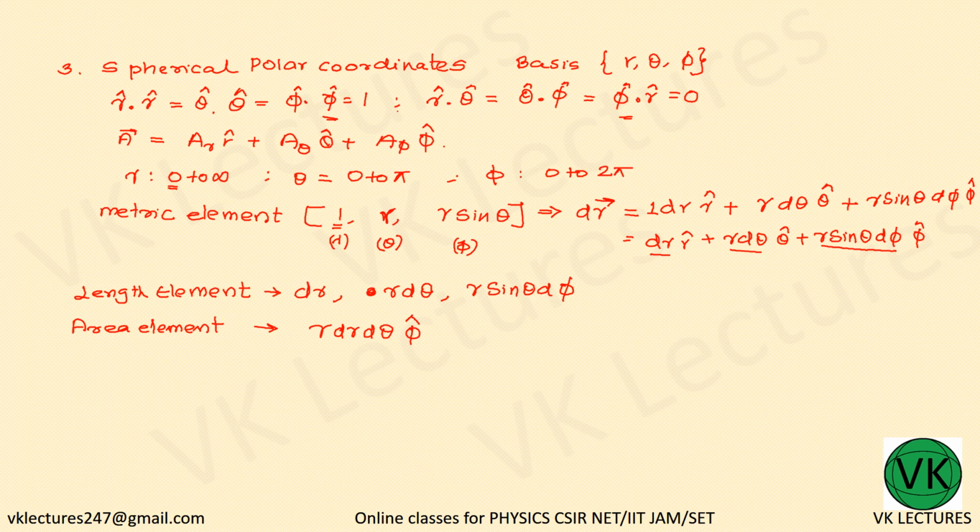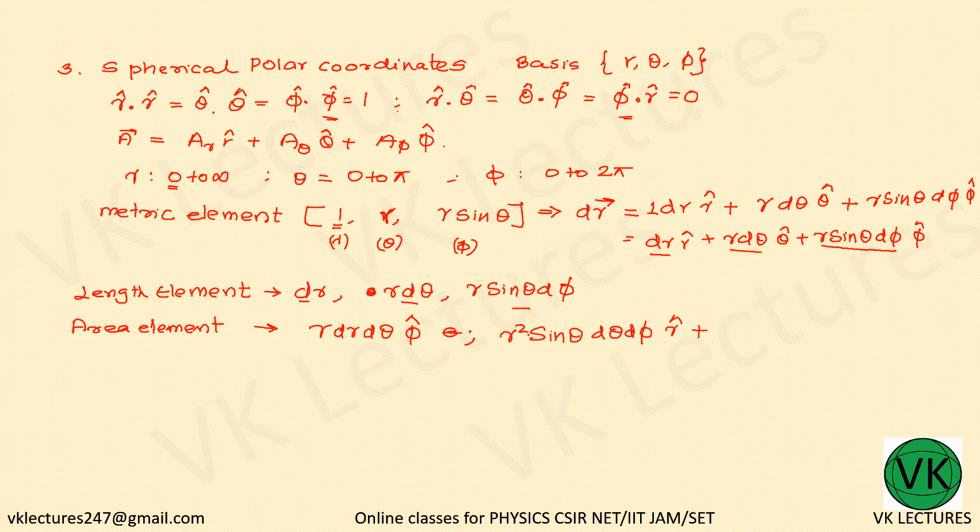Now the next one is 2 into 3 in the direction of the other. So r d theta times r sin theta d phi, so r square sin theta d theta d phi, and it should be in the direction of r. Okay, so plus,